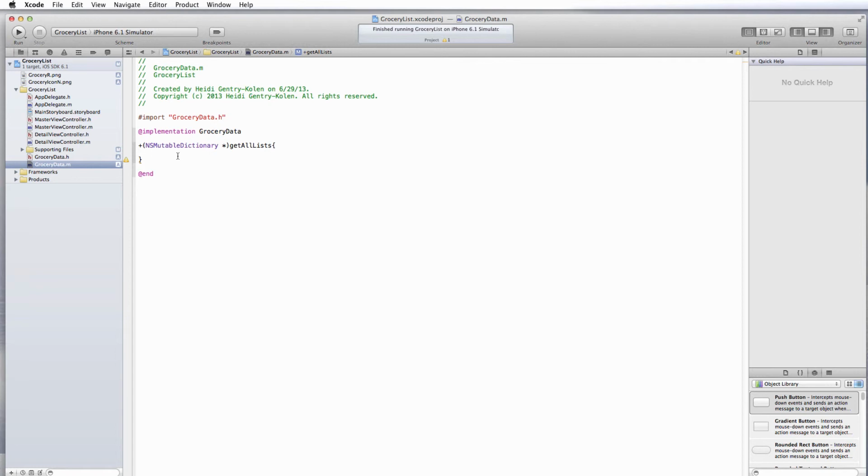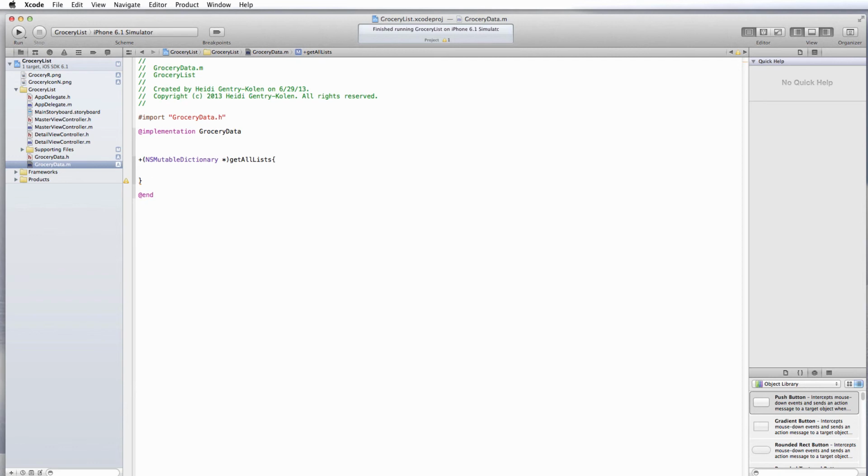Now, getAllLists is going to need to be able to return an NSMutableDictionary. And the dictionary is just going to be a static variable that we will go up here and declare under our implementation reference.